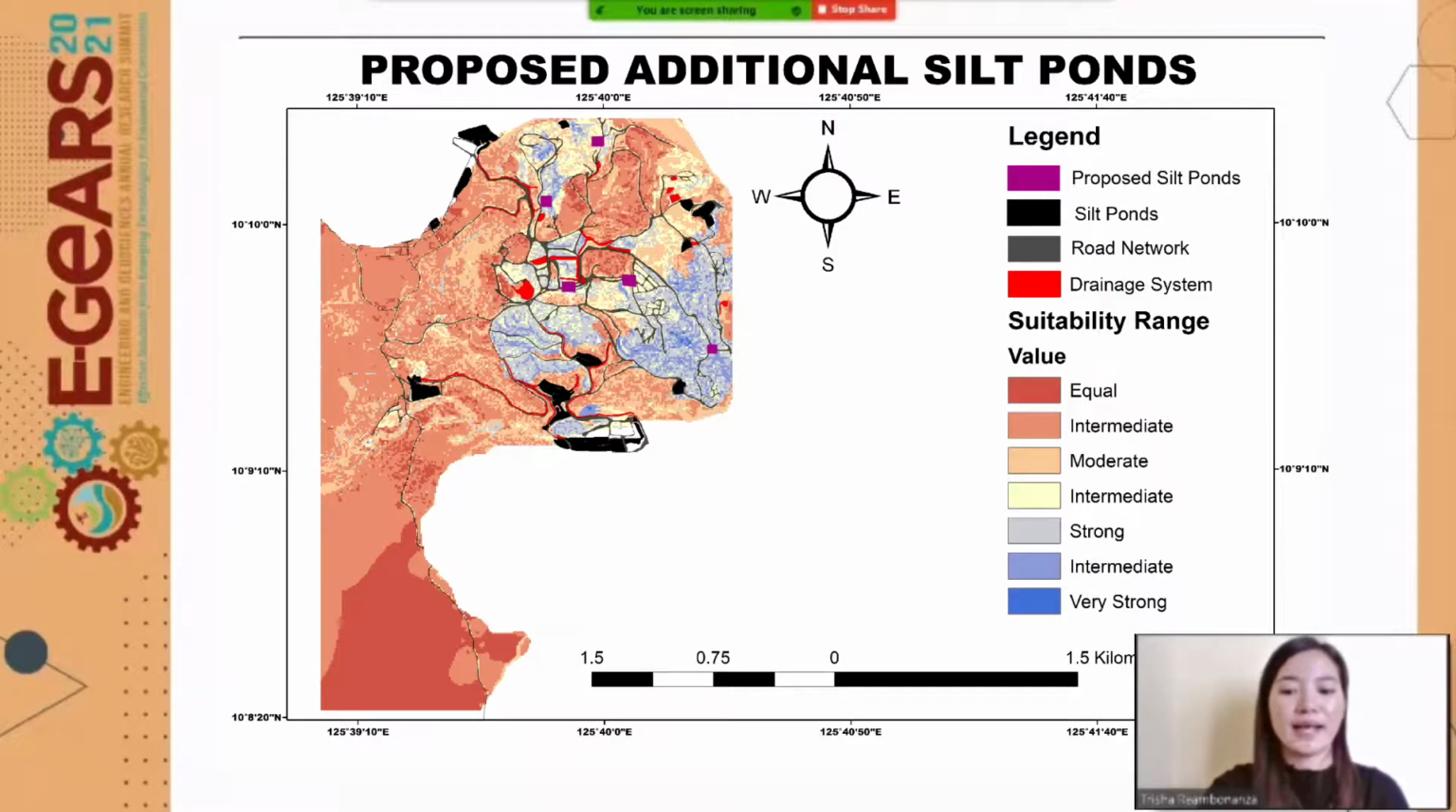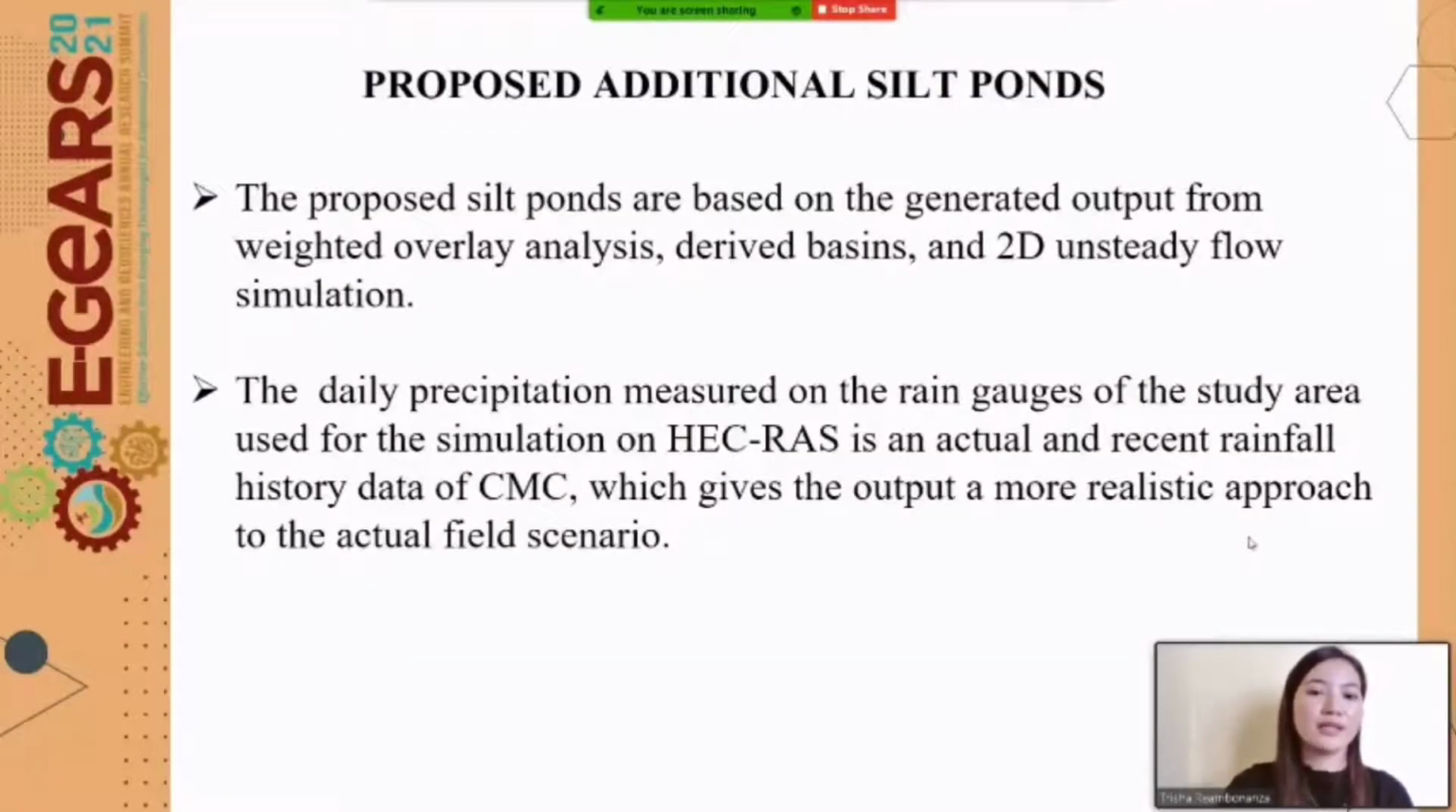So the unsteady flow analysis can simulate storage areas and the hydraulic linkages between storage areas and reveal accumulated regions and the locations of the mine's existing silt ponds, with our proposed additional silt ponds in the legend color purple. As you can see, we have 5 proposed additional silt ponds. So the proposed silt ponds are based on the generated output from weighted overlay analysis, derived basins, and 2D unsteady flow simulation. So the daily precipitation measured on the rain gauge of the study area used for the simulation in HEC-RAS is actual and recent rainfall history data of CMC, which gives the output a more realistic approach to